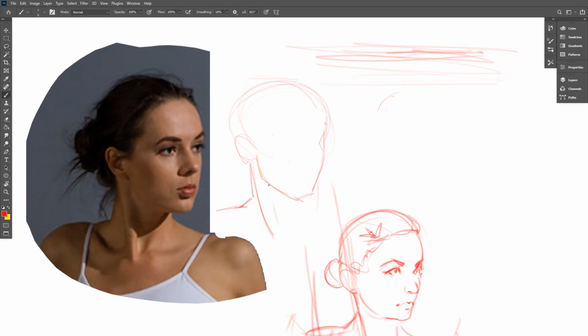And in some cases this might be what you are looking for. However, in most cases, especially for women, because for females this part of the chin is much softer, and males have this part more obvious. With females this part is much softer, so it actually connects here. You know, the chin is actually like this. We can almost ignore this middle part. So to make it look right,